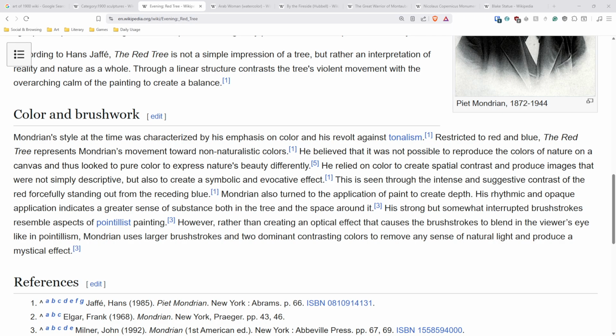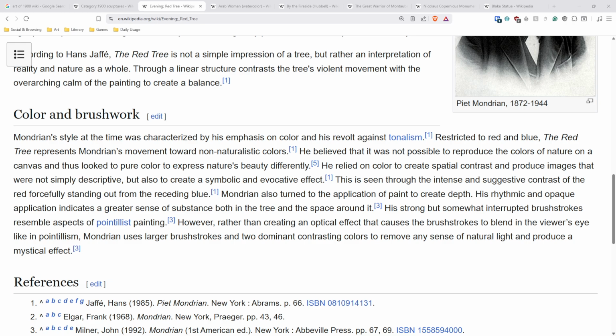This is seen through the intense and suggestive contrast of red forcibly standing out from the receding blue. Mondrian also turned to the application of paint to create depth. His rhythmic and opaque application indicates a greater sense of substance, both in the tree and space around it. His strong but somewhat interrupted brush strokes